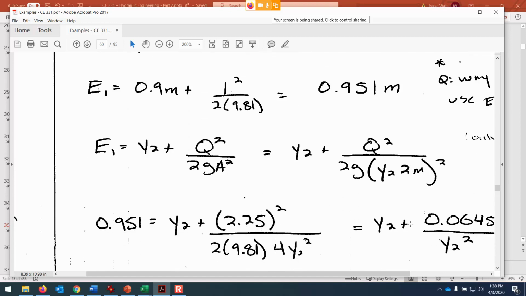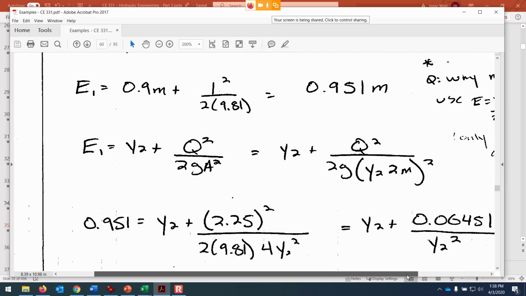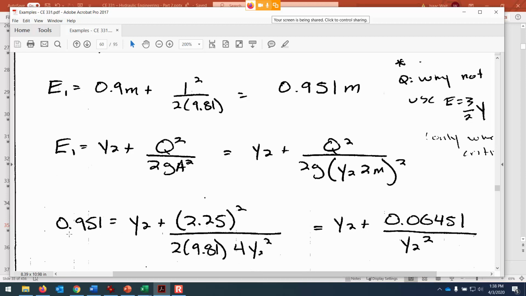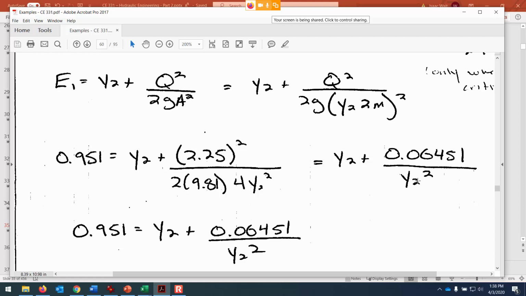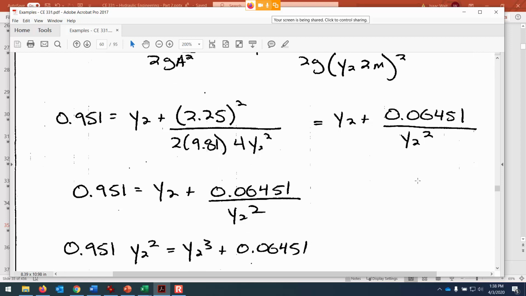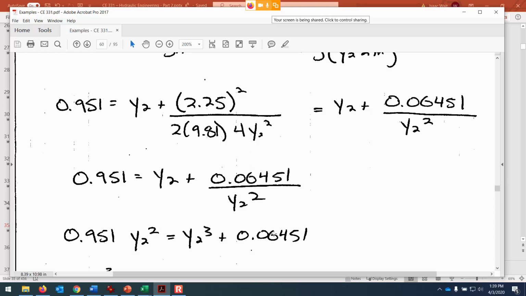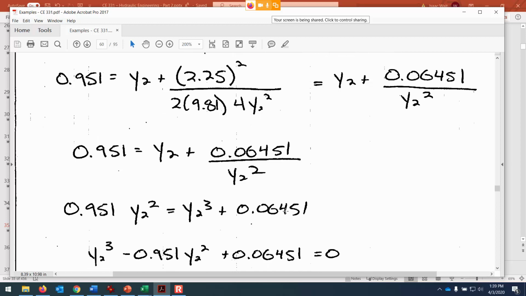So if I substitute in the known numbers for that, then 0.951 is the specific energy at 1, and I'm solving for Y2 on the right-hand side of the equation. And just go through the algebra of rearranging this equation, combining like terms. So multiplying each term in the equation by Y2 squared to get it out from the denominator under that term, and then rearranging the equation in terms of a cubic, where on the right hand side it's equal to 0,